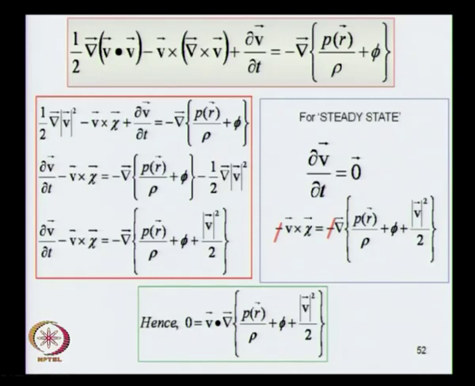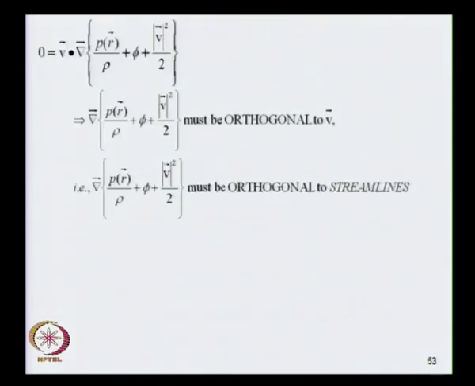Is it always an identity? No, it is so only for the steady state, because we have used that condition. So, if and when the velocity flow is one of steady state, which is when you have nice streamlines formed, there is no turbulence of any kind, nice streamlines are formed, what you essentially get is the dot product with velocity of the gradient of these three terms vanishes, and with the velocity field not being 0,